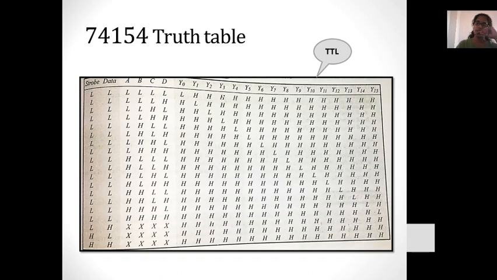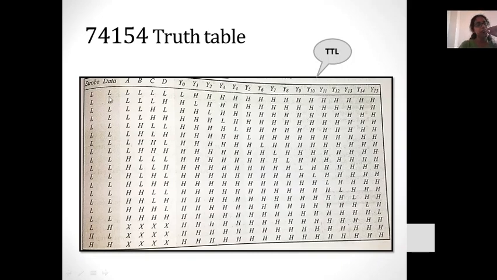This is the truth table. It is again telling that this is a TTL. In the truth table you can see that the strobe should be low for all working conditions. If it is high, whatever the input, the output will always be high. Always high means all the outputs are high, which means the IC is disabled. Just take the reverse sense. Okay, let's see one by one.